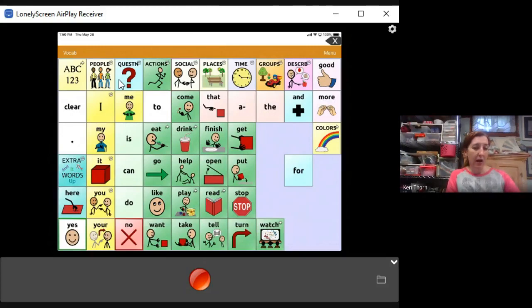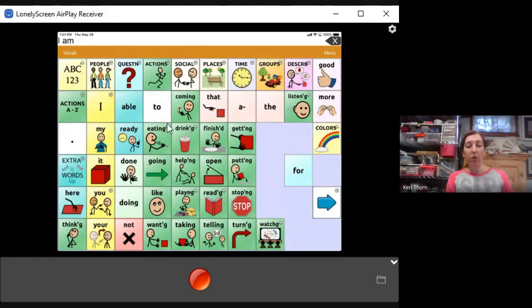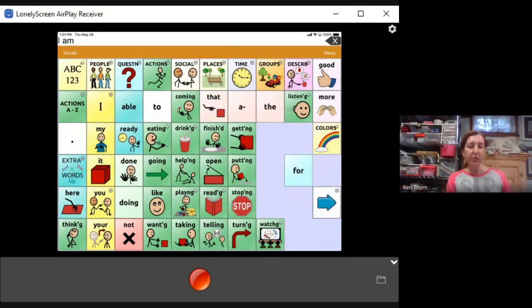But if I touch I, am now becomes an option because the system knows that I and am go together. And then if I hit am, all the verbs change to ing endings because it knows that I am is present progressive. It knows those verbs need ing endings. So it's kind of predicting their grammar for them and helping train them on that grammar system. So it kind of helps along with those things as well. It has a lot of nice other little features in the